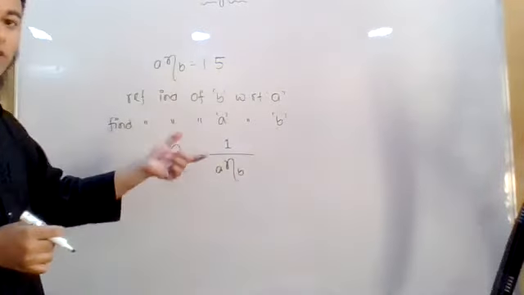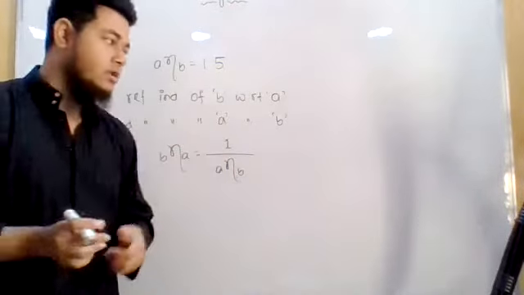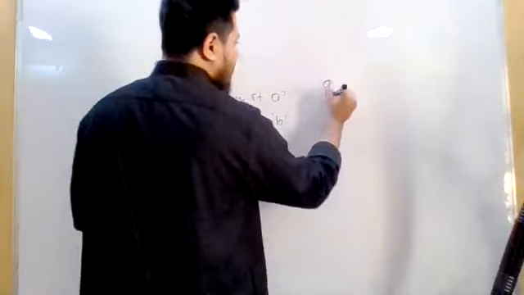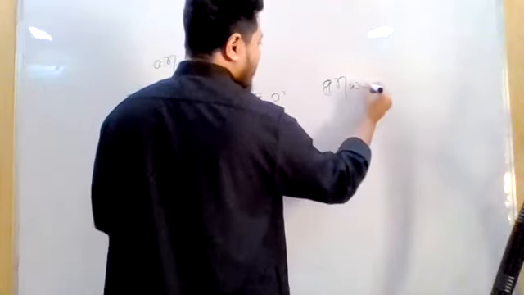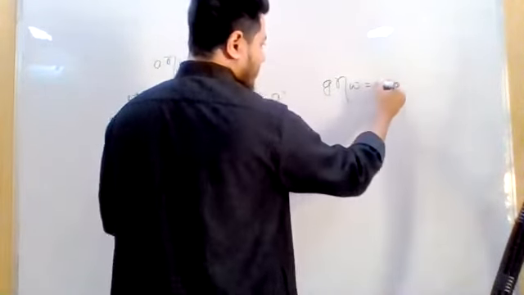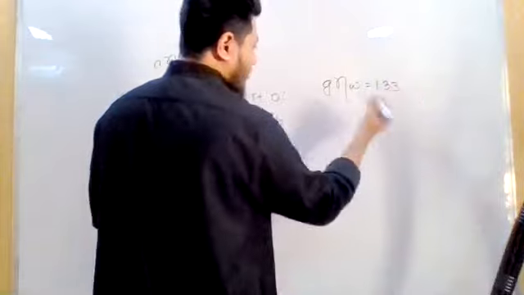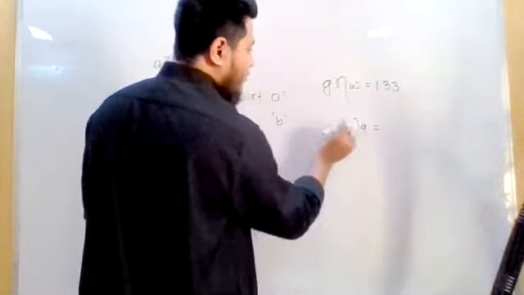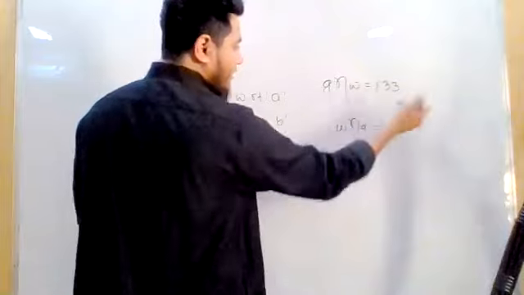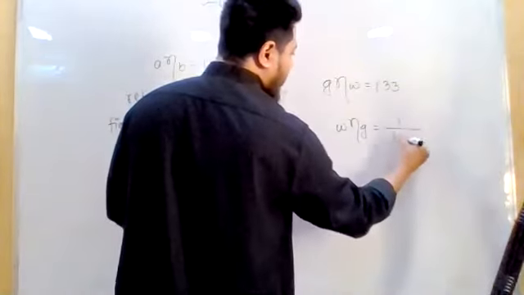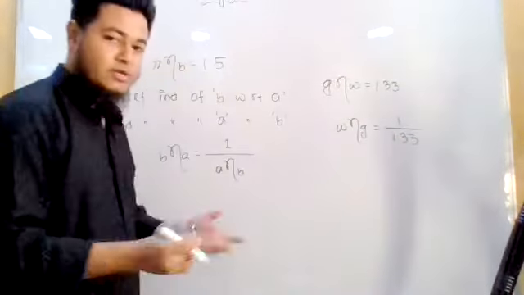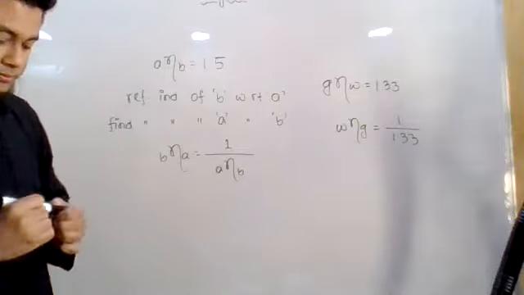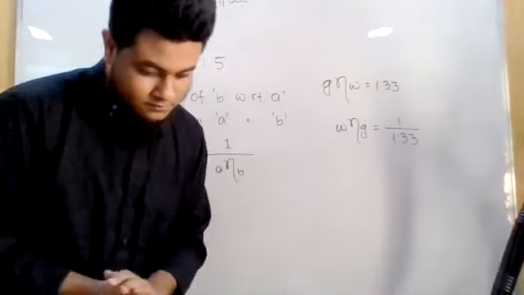Okay, if you need to find the reverse, we need to just reciprocate it. যেমন মনে করো যদি তোমার g eta w এটা দেয়া থাকে, ওকে, মনে করো 1.33, তোমাকে বের করতে বলছে কি w eta g, তাহলে কিভাবে বের করবা? এটা যেহেতু রিভার্স হয়ে গেছে, এটাকে রেসিপ্রোকাল করে দিব আমরা 1 by 1.33, ফিনিশ, আমার আন্সার হয়ে গেছে। বুঝতে পারছো? Yes sir. ওকে।